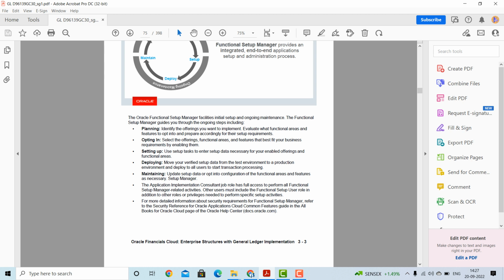And the fourth is deploying. It will move your verified setup data from the test environment to a production environment and deploy it to all users to start the transaction process. So the last is maintenance. Update setup data or opt into configuration of the functional areas and features as necessary for all the